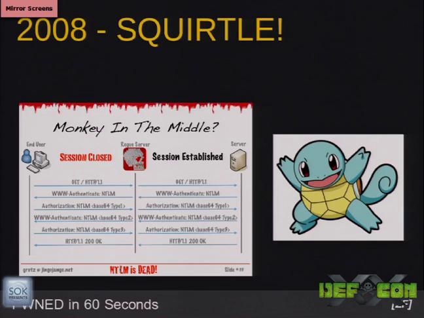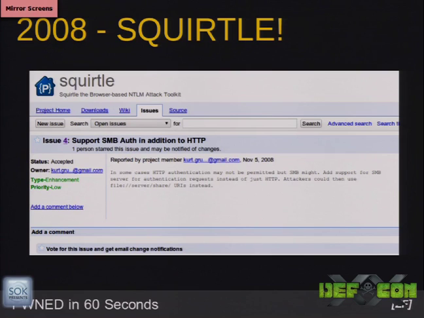So in 2008, a guy who goes by the handle Kurt did a talk at DEFCON called "NTLM is dead." I thought it was one of the best talks that year because its impact in corporate environments is great. We could talk about mobile phones and how it affects everyone, but really the core data in corporate environments is what hurts. He wrote a tool that does NTLM relaying over HTTP, and he talked about the potential of doing it with an SMB server as well to get these authentication